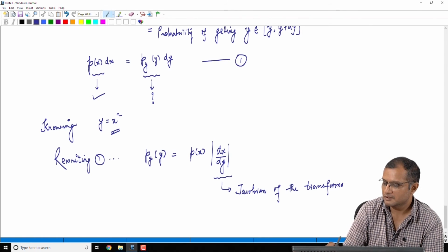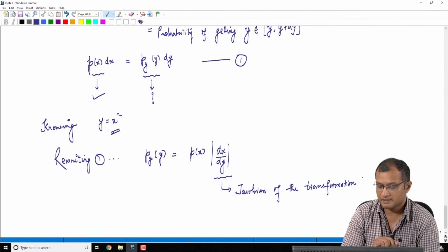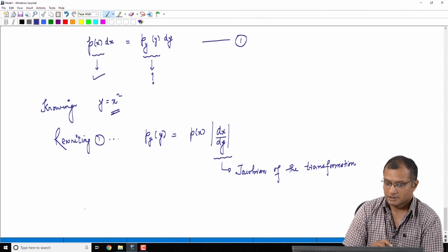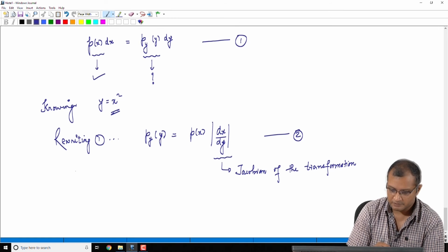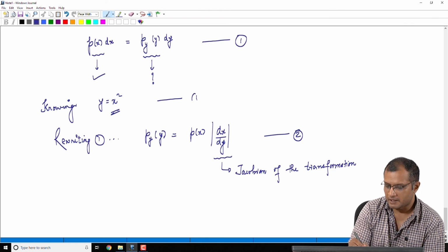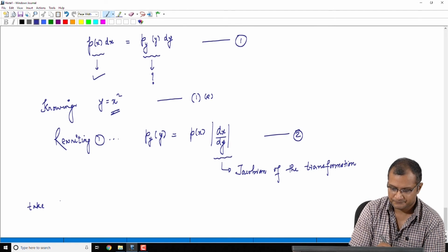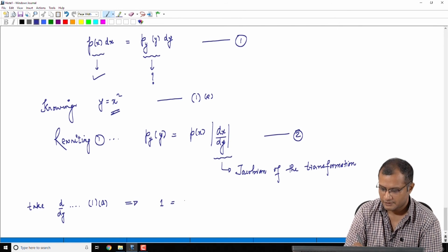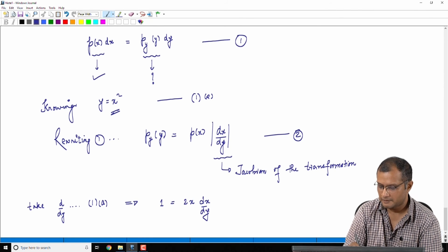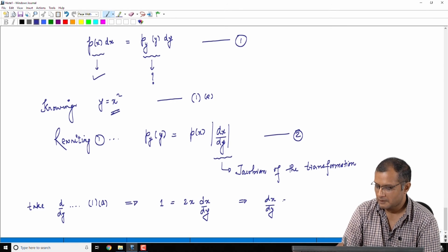So, I am transforming the probability on x to the probabilities on y, and this transformation is affected by a Jacobian. Please note that I have kept a mod sign for the Jacobian because I can't have a negative Jacobian. And so, one can compute the right hand side by computing the derivative dx by dy. So, you can take this, I will call this maybe 1a, and you can take the derivative d by dy of equation 1a, and what you get? You get 1 as twice x dx by dy, which basically means that dx by dy is 1 upon 2x,